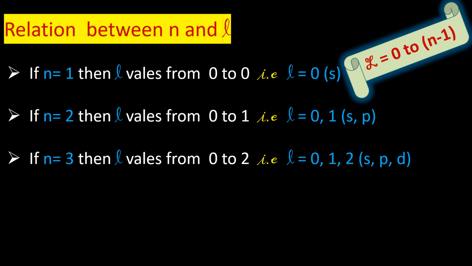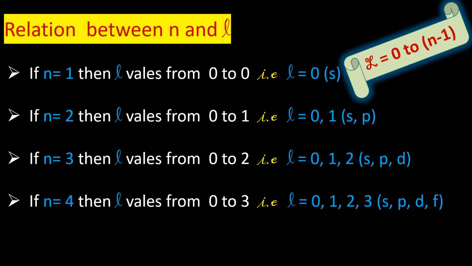Just now we saw those all. Then n equals 4 in the sense l values go from 0 to 3, that is 0, 1, 2, 3, up to 3 we have to take. So these are the values of s, p, d, f. Maybe you are getting confused. Ma'am, what are all these values? How to remember all these values? We are getting tense. Don't worry, children. I will demonstrate with a nice picture to make you understand. So you need not worry about it.